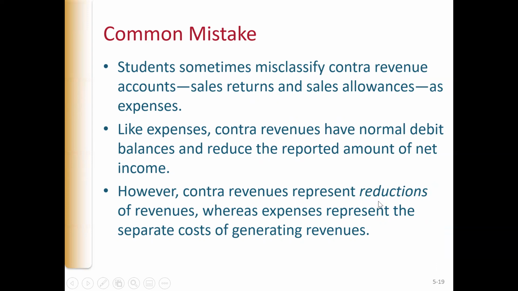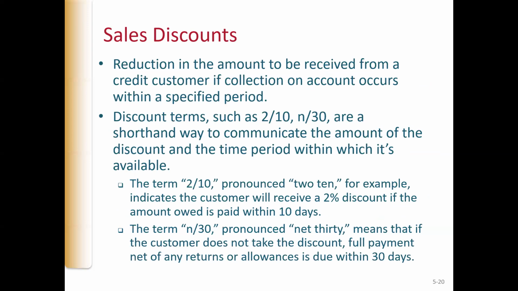So what we're talking about with these sales allowances, sales returns, these are going to be up in the revenue section as a contra account to revenues. Here's another contra account, sales discounts. Reduction in the amount to be received from a credit customer if the collection on account occurs within a specified